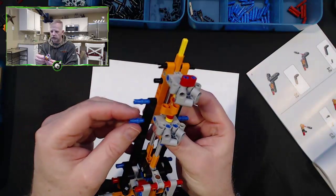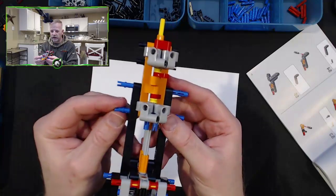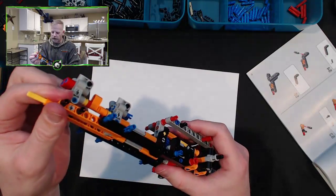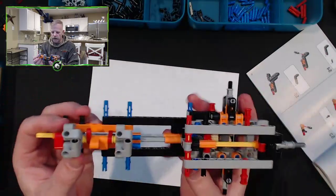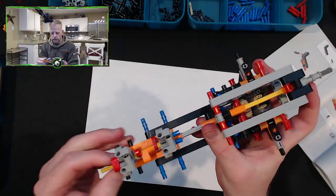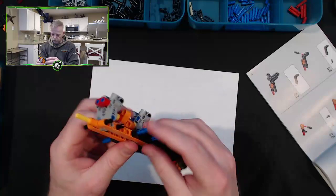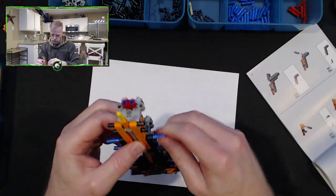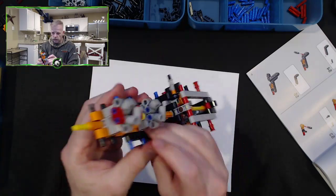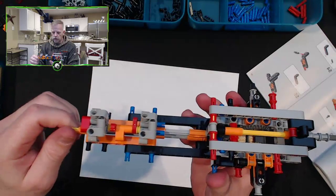Doesn't it though, Dylan? Dude, it's coming along. We got a lot farther on this than I had expected us to get tonight. I was thinking this would take a lot longer than it has. So now this is pretty much the base of the car. So I've got everything locked in. Pop these in. There's 1, 2, 3, and 4. All right. So now